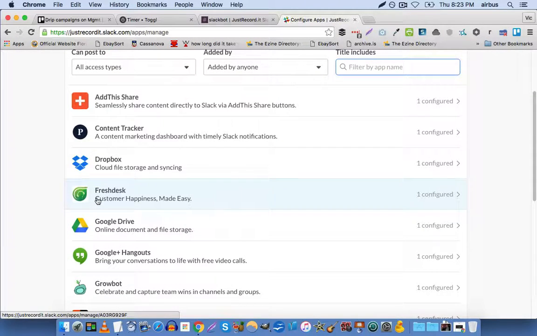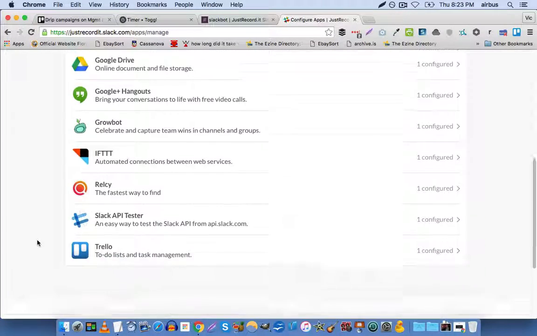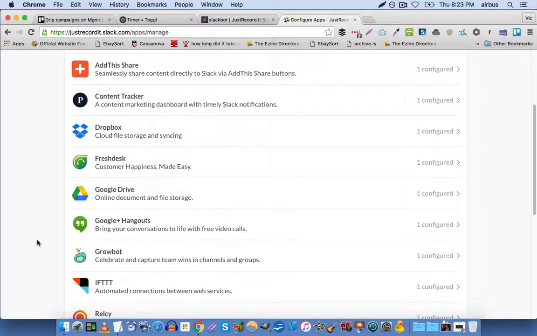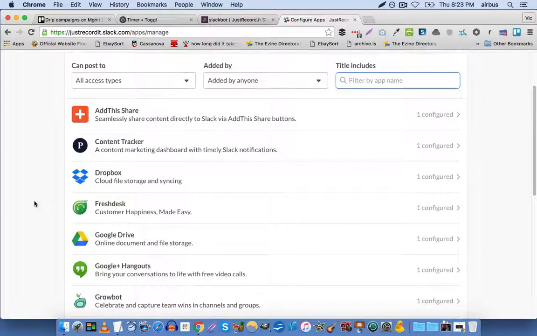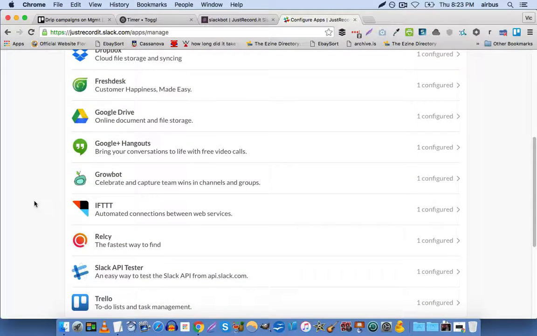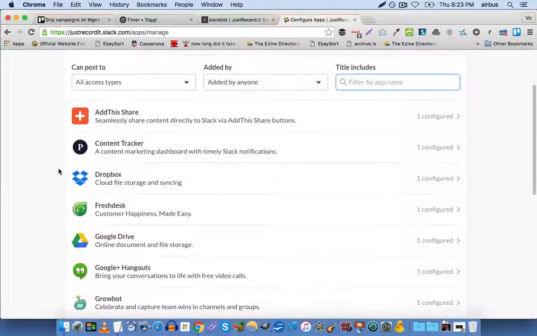Now, you can see we have Freshdesk integrated, we have Google Drive integrated, we have Google Hangouts integrated. Zapier, I think, is integrated. No, Zapier is not integrated. We have Dropbox integrated, although we don't use Dropbox anymore. And all that happens when you connect an app is that you allow the two applications to speak with one another, quote unquote, and anytime action A occurs in the source application, then action B, both of which you define, will occur inside Slack. So you can do so much stuff in terms of integrating, but again,